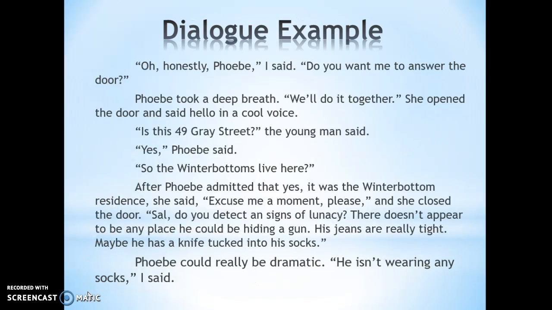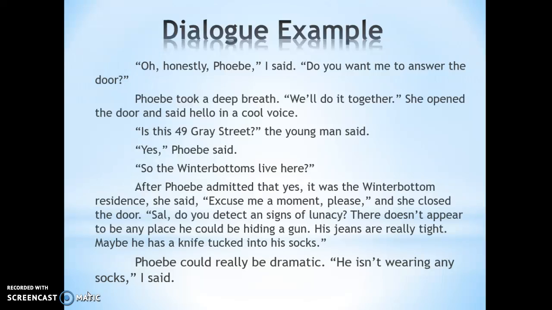Here's an example of dialogue from Walk Two Moons. "Oh, honestly, Phoebe," I said, "do you want me to answer the door?" Phoebe took a deep breath. "We'll do it together." She opened the door and said hello in a cool voice. "Is this 49 Gray Street?" the young man said. "Yes," Phoebe said. "So the Winterbottoms live here?" After Phoebe admitted that yes, it was the Winterbottom residence, she said, "Excuse me a moment, please," and she closed